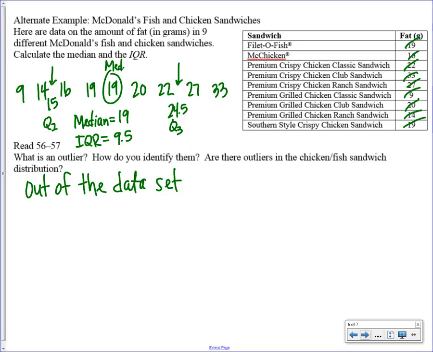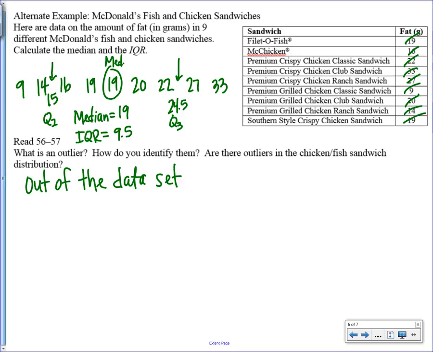How do you find them, though? You look at it. Okay, but how do you know exactly if it's an outlier? Because now we know, what is the rule? It's outside of the... Yeah, exactly. Okay, so it needs to be 1.5 times the interquartile range. And it's either above the third quartile by that amount, or it's below the first quartile by that amount.